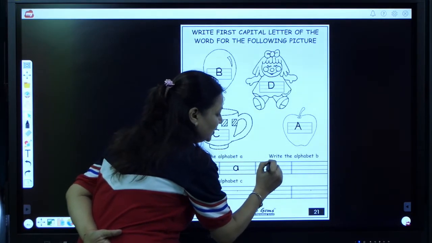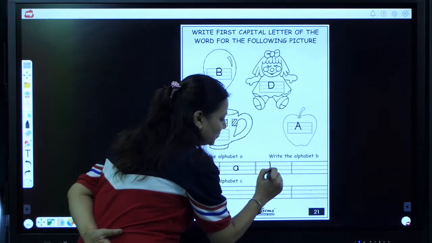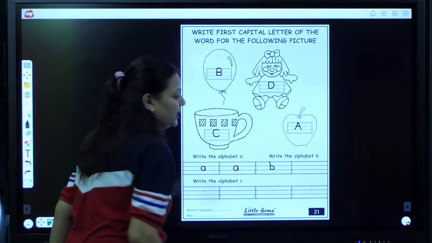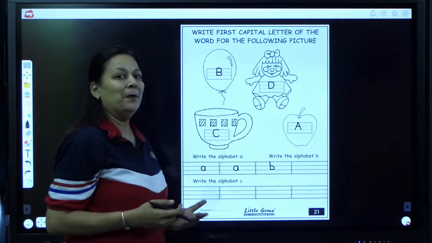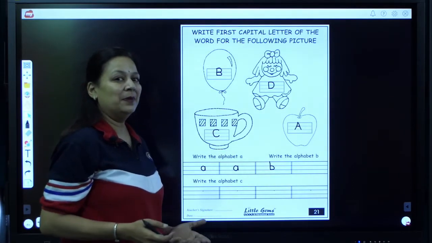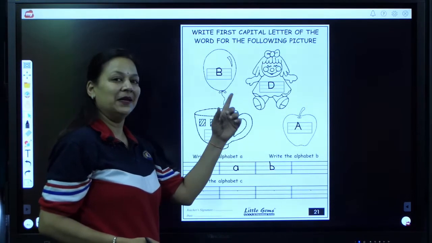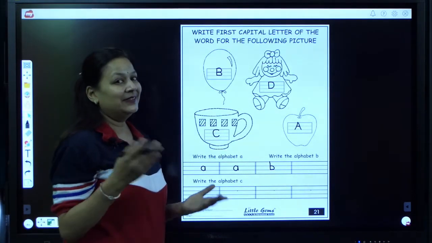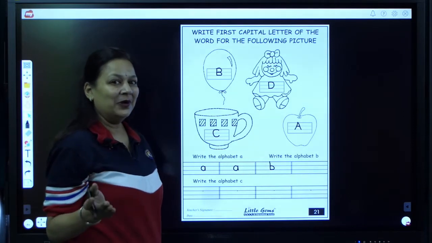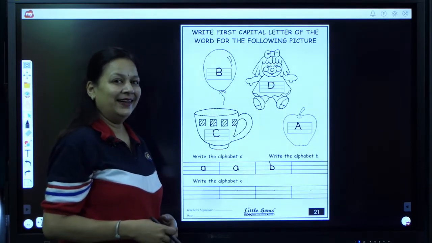Put your pencil on the top line, up to down, standing line, come back again and draw a curve. B. B says B. B as in balloon. Now it's your chance. Write it properly. Done?